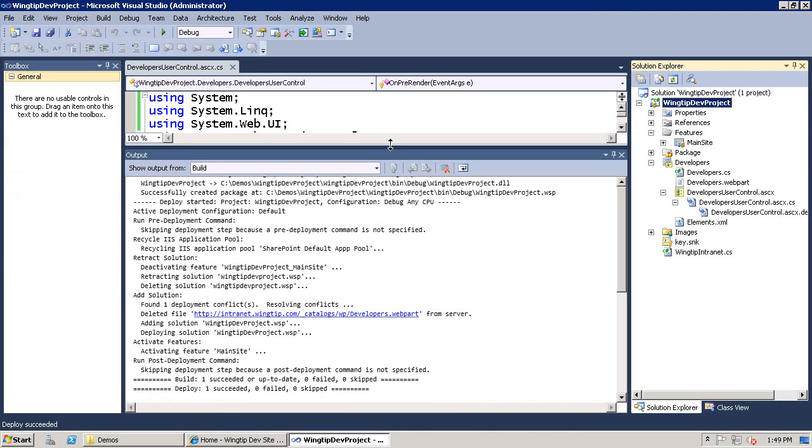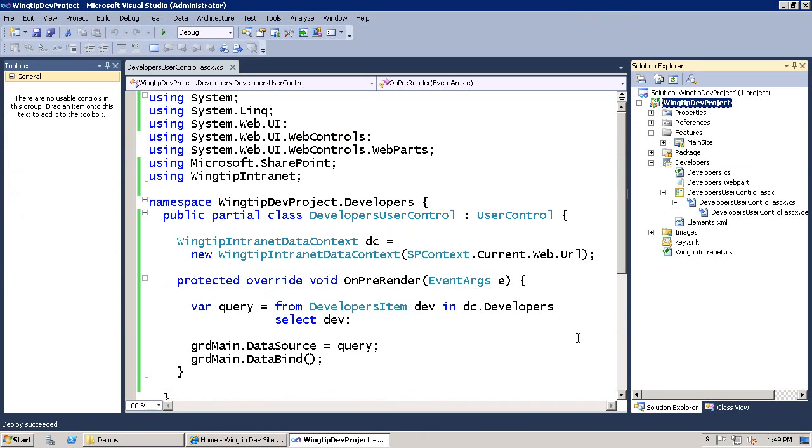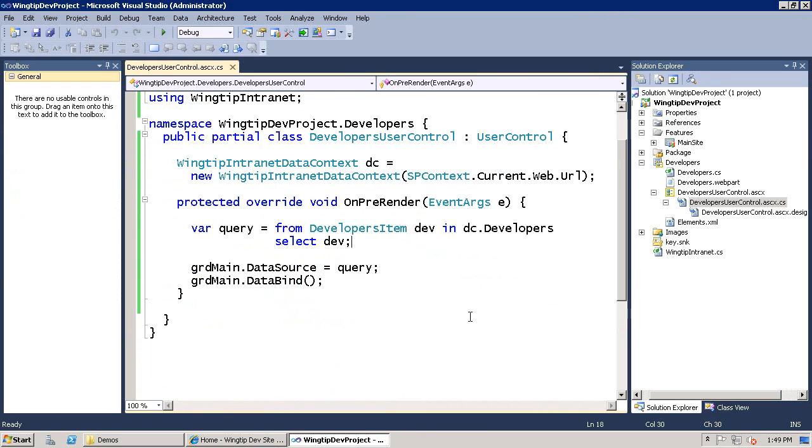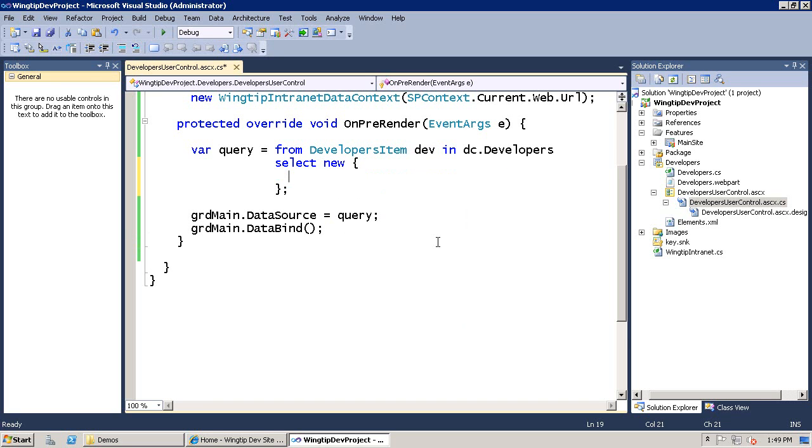So the way that we're going to fix that is that inside of our code, instead of just projecting back a developer's item, instead we're going to say new, and we're going to open up some curly braces right here, and we're going to create what's called an anonymous type. And the idea is you're just creating a class definition on the fly. And so the first column I want inside this anonymous type is going to be first name. And so that's going to equal